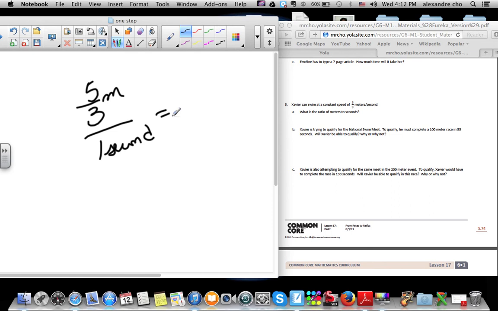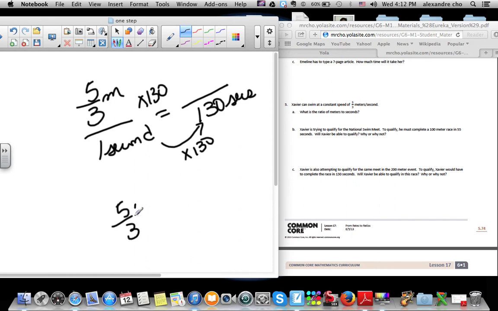Okay, so an easier way of doing this is if we gave him 130 seconds, how far would he go? Well, it's times 130 on the top, and times 130 on the bottom. So let me take that down here: 5 over 3 times 130. If you multiply across, 5 times 130 is 650, so that is 650 over 3. And 650 divided by 3 is